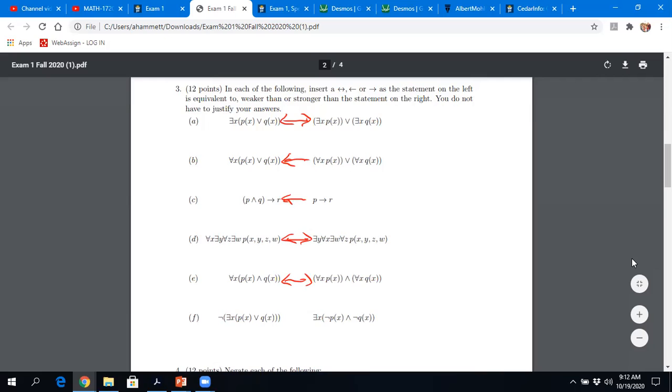And then finally, this is the one that seemed to trip some people up. So this guy is equivalent to for all X what? The negation of this is for all X, not P of X, and not Q of X, okay? But you realize if for all X this is true, then certainly there exists one for which it's true. Does that make sense? If for all X this is true, then certainly there exists one for which it's true, yes? So this thing goes in this direction. Okay, so that's how that went. Okay?